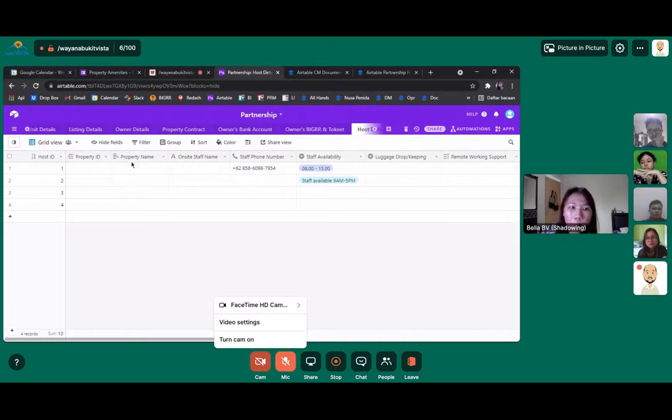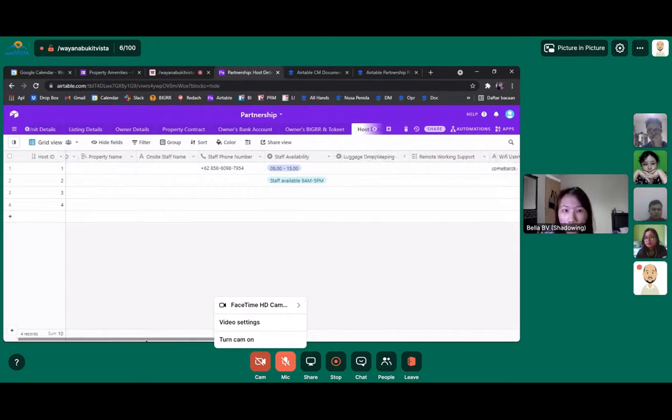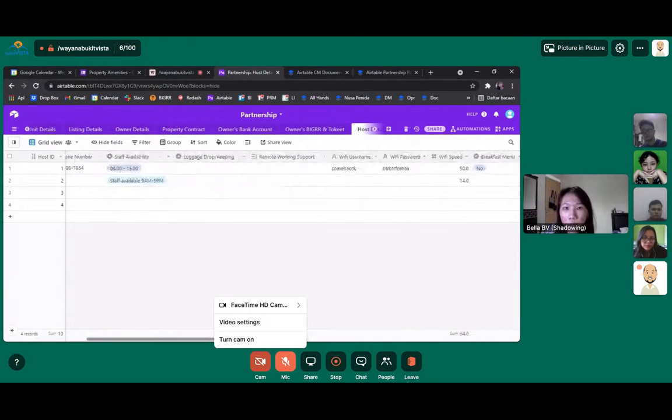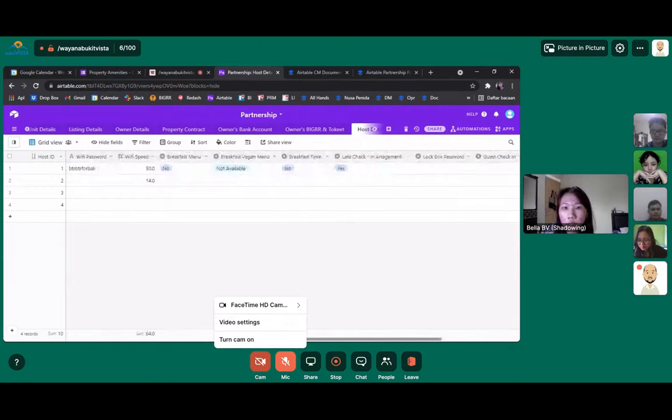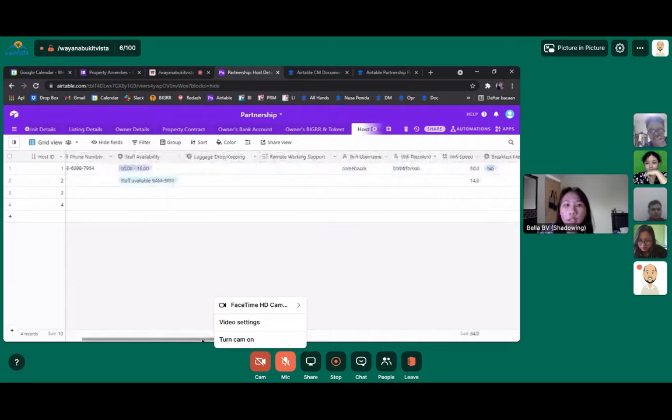It starts from the host ID, property ID, and property name, and on-site staff name, staff phone number, staff availability, luggage drop or keeping, remote working support, Wi-Fi, and the host details of the property or the service that they can give to us.